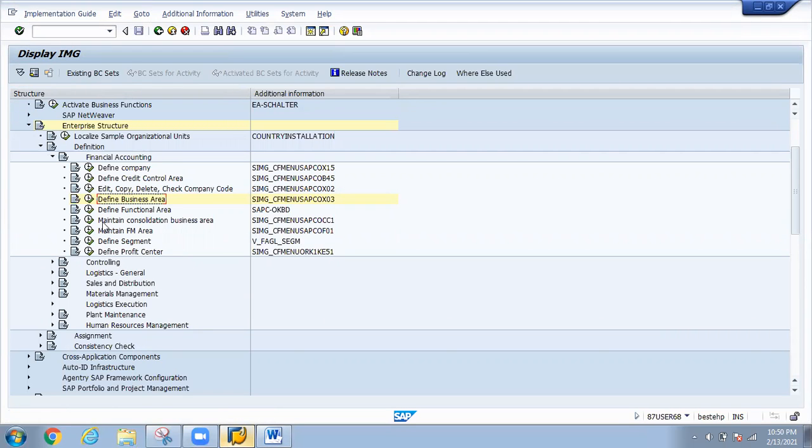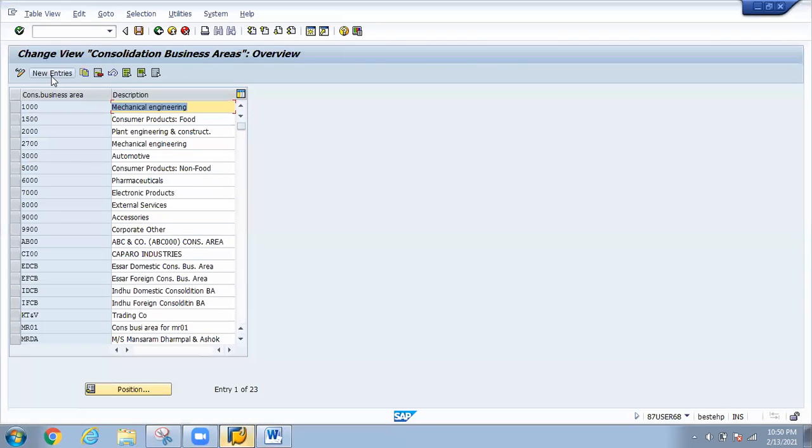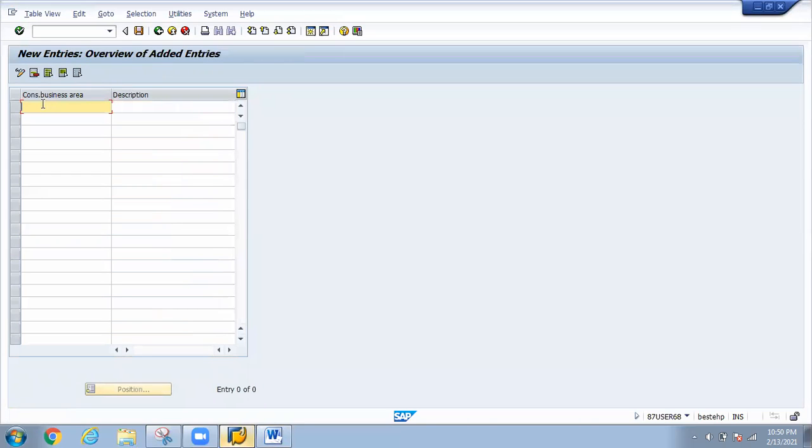Consolidation business area. Maintain consolidation business area. To maintain consolidation business area, the T code is OCC1. Just click there. New entry. Here I'm also defining the same PI00. This is a business area for Piyush and Company. Just save it.